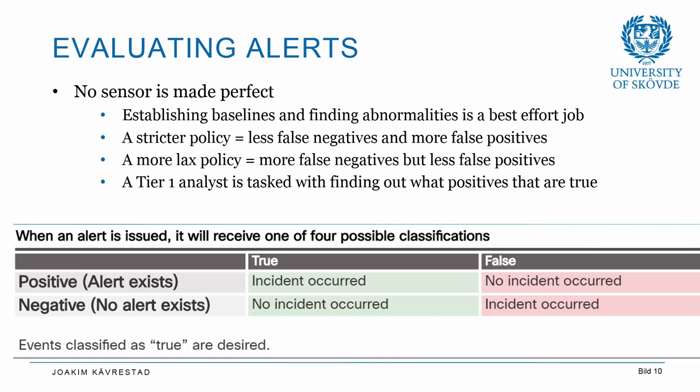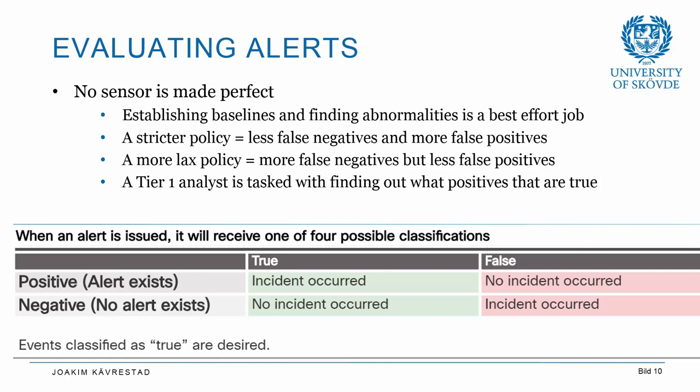So a true positive is when we alert and we should make an alert. A false positive is when we alert for legitimate traffic, so when we issue an alert, but there shouldn't be an alert. In the same way, a true negative is when we do not issue an alert and we shouldn't issue an alert, and a false negative is when we do not issue an alert even though we should issue an alert,